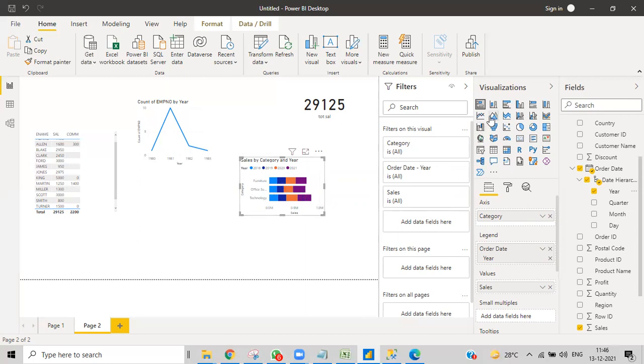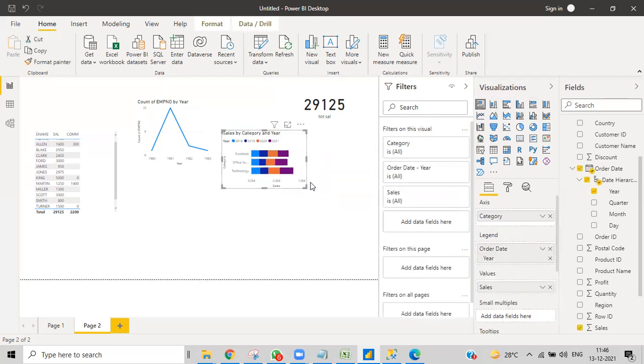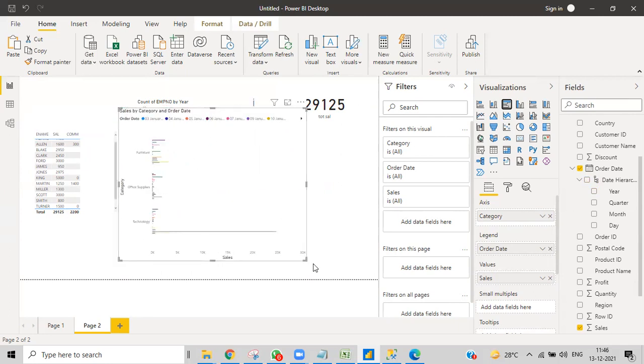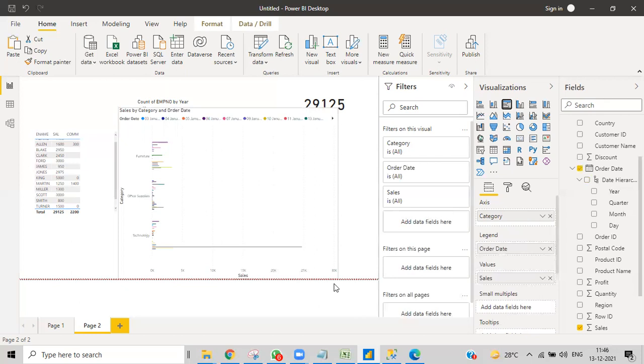But if I give the same thing in a clustered bar chart, let's see what it will be. I want to make this chart into a clustered bar chart. You can see how it looks, very big. In furniture, I have years wise 1, 2, 3, 4, and that is a bit tough to understand what is happening with the year.